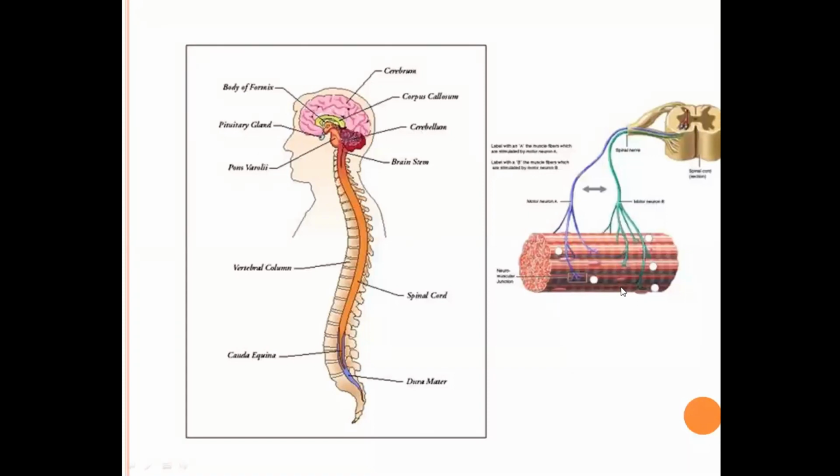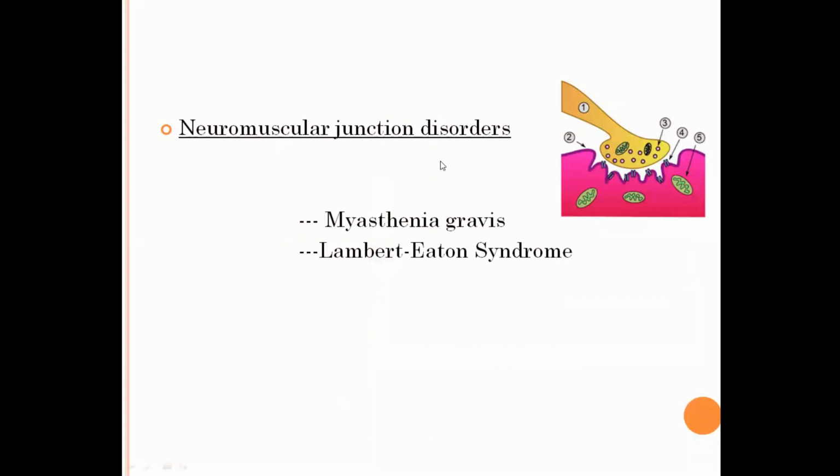So we deal today with the neuromuscular junction disorders first. This is the terminal part of the nerve, the motor nerve, and these are the acetylcholine molecules here which are released with the stimulation of the nerve. Now this junction is called the synapse. So there is no continuity between the nerve terminal and the muscle end plate. So the gap there is filled by acetylcholine, that is the neurotransmitter. So the acetylcholine is released by these granules into the